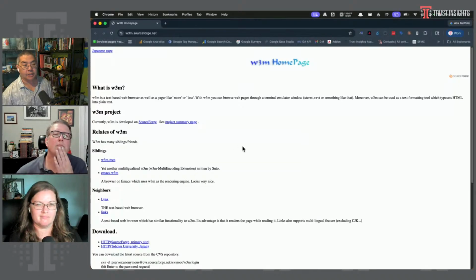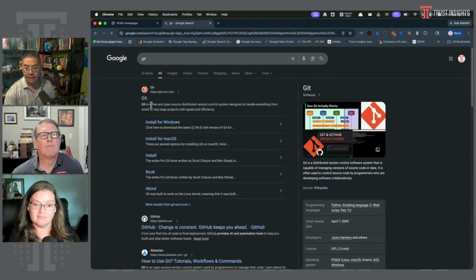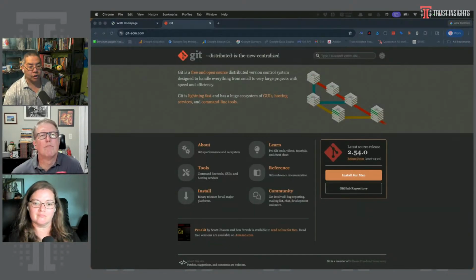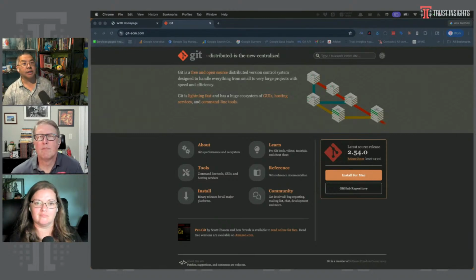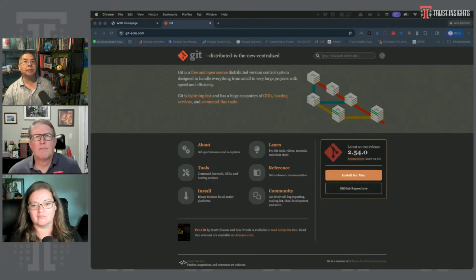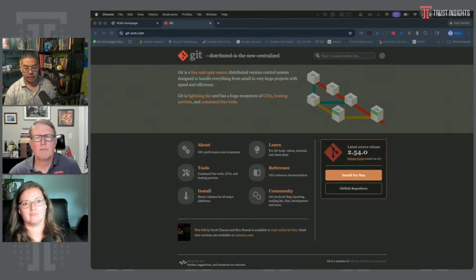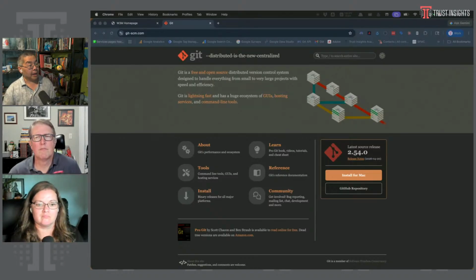Next, built into virtually every system is a tool called Git. Git is version control software. When it comes to data hoarding, one of the things you have to be aware of is that data can be corrupted online. For example, certain pages about COVID-19 have changed in the last year and a half to have a completely different version of what happened. Version control software lets you essentially have a timeline. As you download things over and over again, you can see how things change if you use something like Git.